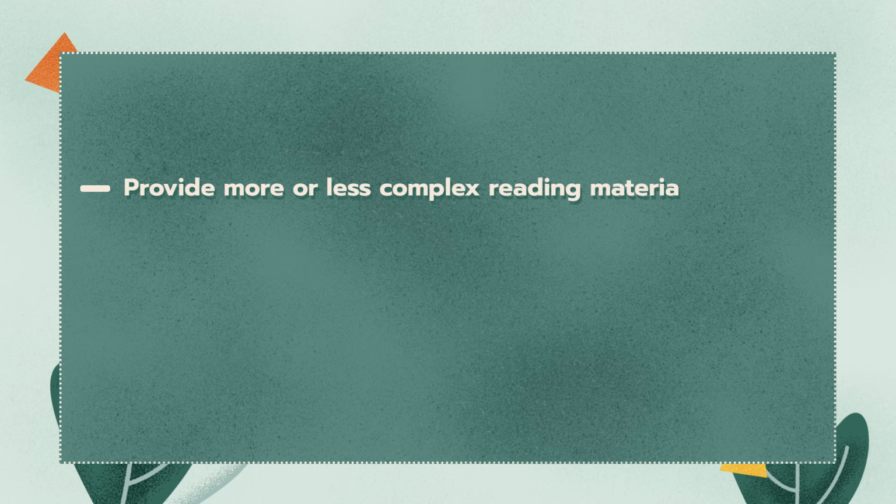Differentiating the content. We all know that the lesson content is supposed to follow the standards of teaching set by the government. However, we, as teachers, still have some wiggle room to diversify teaching content to meet the individual learning needs of our students. Content differentiation can include the following: providing more or less complex reading materials, reteaching concepts to small groups of students you see struggling to understand, encouraging students to process content at various levels of Bloom's taxonomy, remembering, understanding, applying, analyzing, evaluating, and creating to match the varied readiness levels of your students.